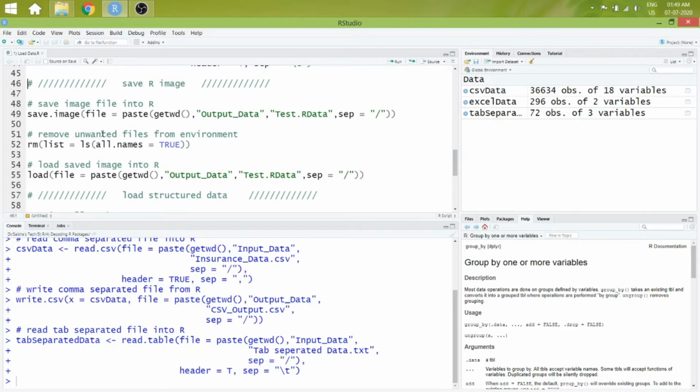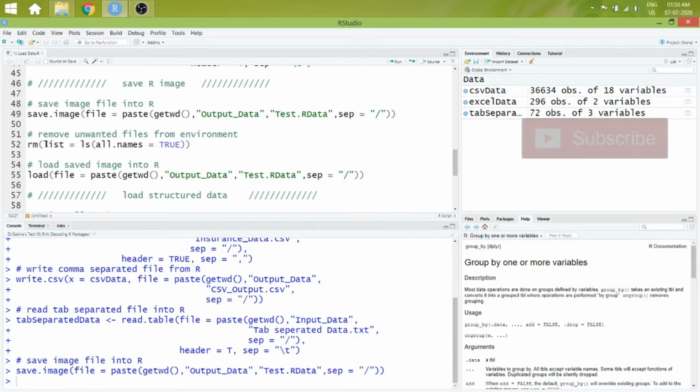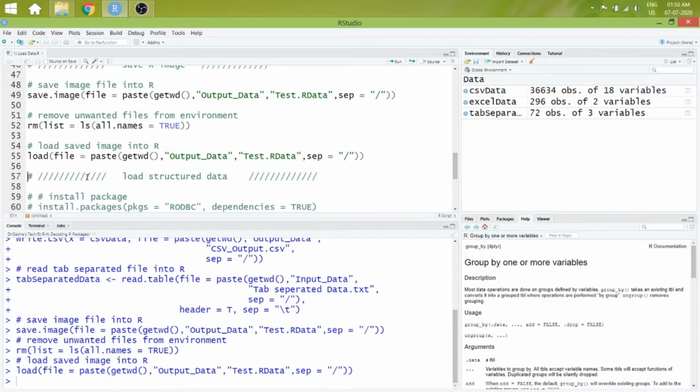We have the save.image function in R which helps us to save environment data onto drive. In line 52, I am removing all the data frames from the environment. Similarly, we have a load function which helps us to load previously saved image files from drive. After execution of line number 55, we can observe all the data frames loaded back into R.